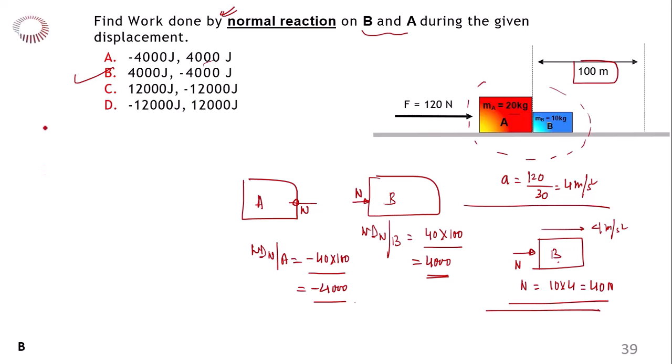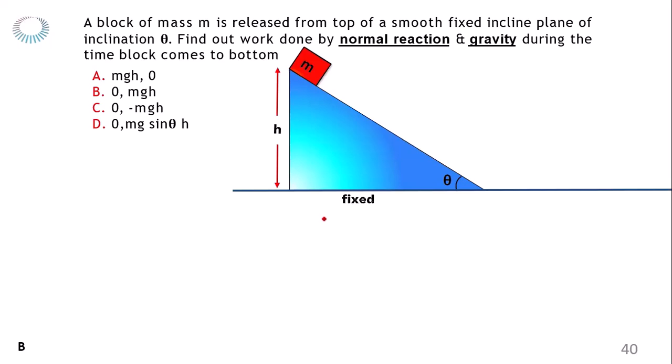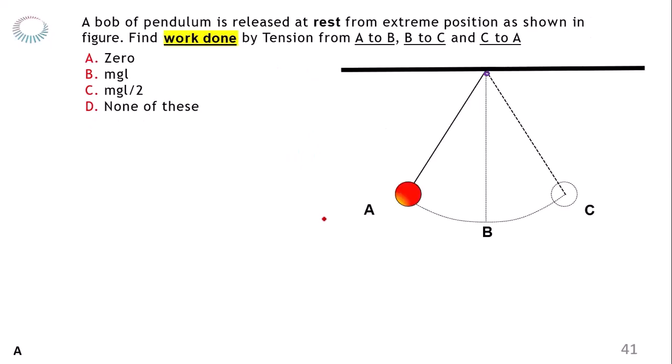So the overall effect is 0. One work is positive and another work is negative, but the magnitudes are the same. So the net work by the normal force is always going to be 0. Okay. So like this, there are